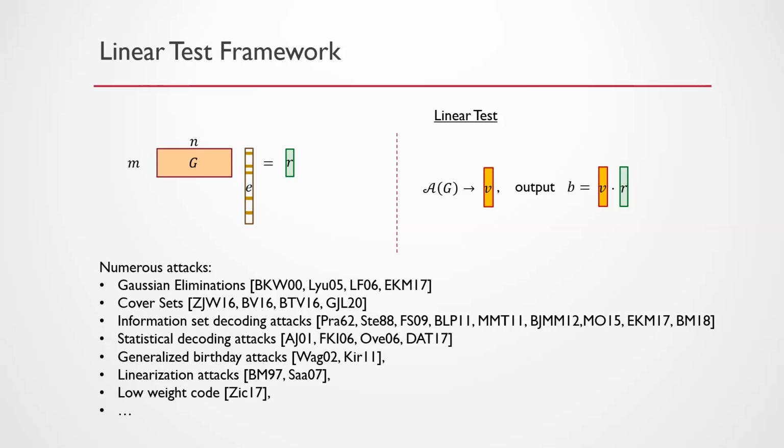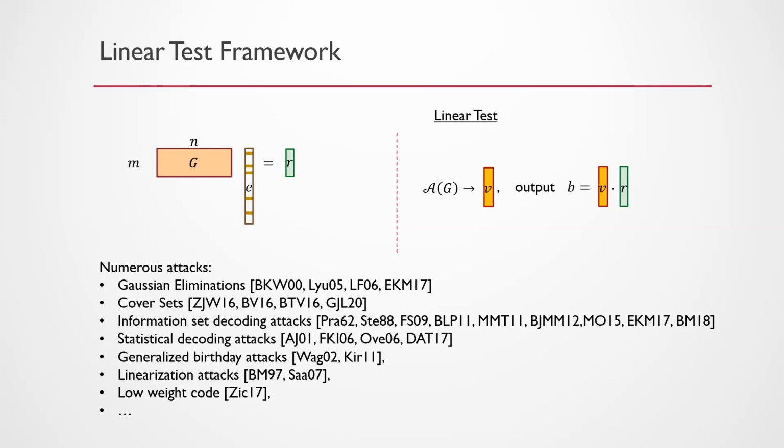And so there are some exceptions to this test framework, in that if the code has strong algebraic properties, a good example is Reed-Solomon codes. Don't use those. But assuming you don't have this extra structure that allows for some sort of algebraic attack, this seems to be the right definition of security. And so